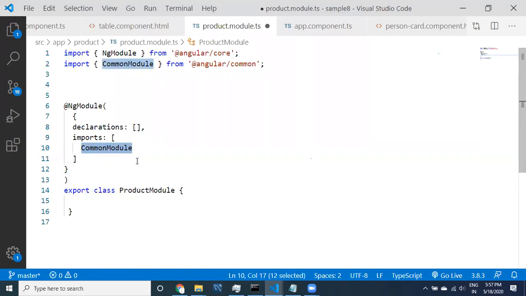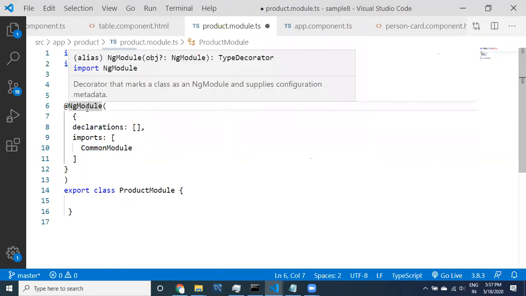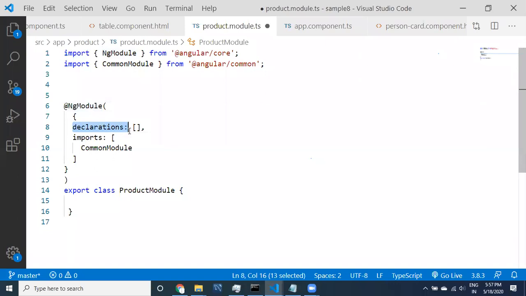Of course, this is not the whole information related to the module. There are so many annotations related to module. We are not going to cover all those things because this is not the right time, but today is the right time to discuss what declarations are and what imports are within the module.